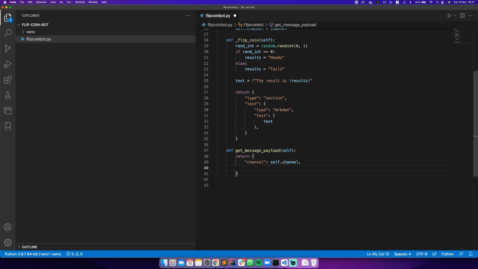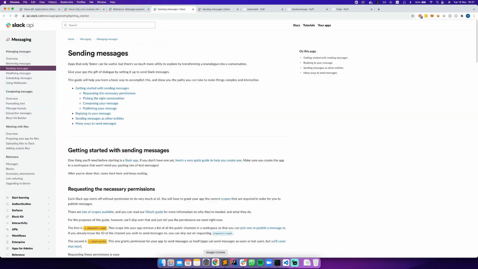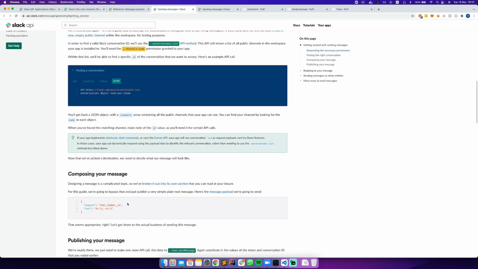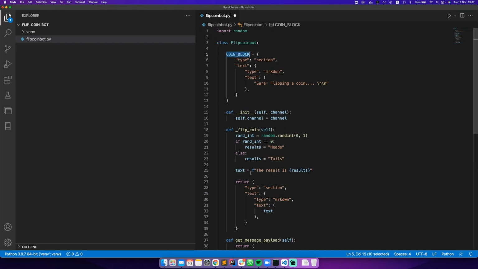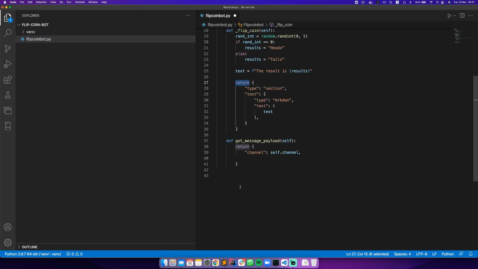And then, as you might see here, we are passing a channel and a text, but we can pass several blocks. So we have one block here, and we have another one here, right? So we can say, okay, I want to show these two blocks, and this is a list, of course,